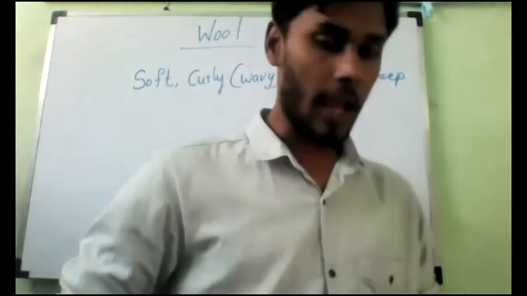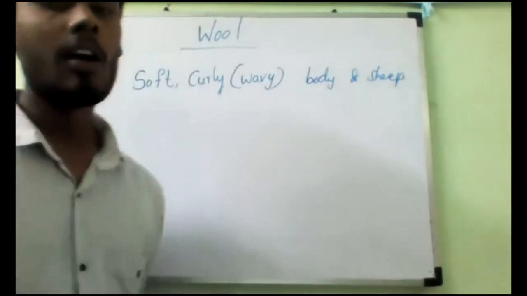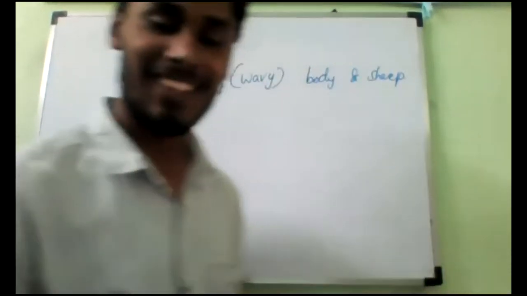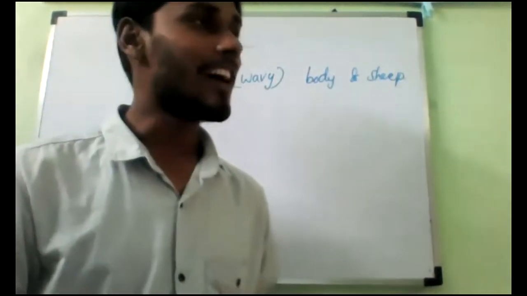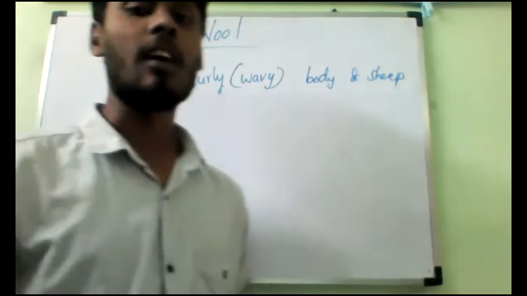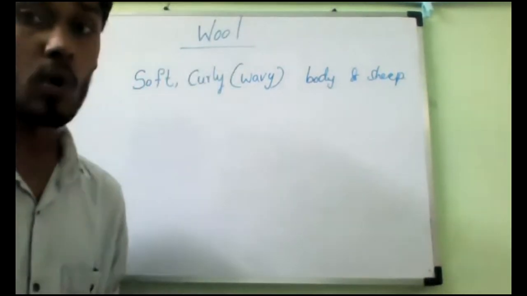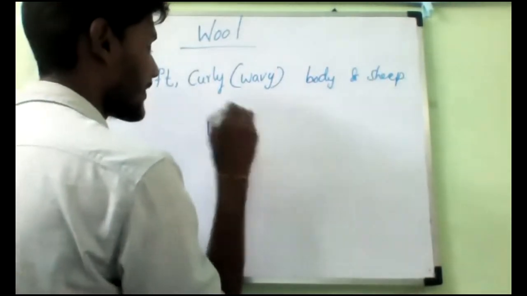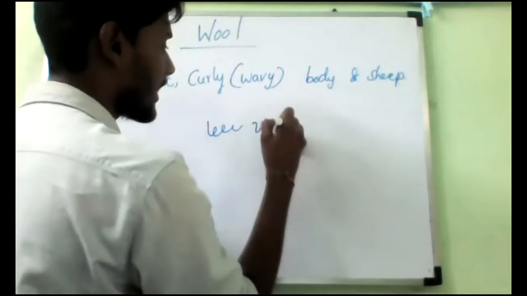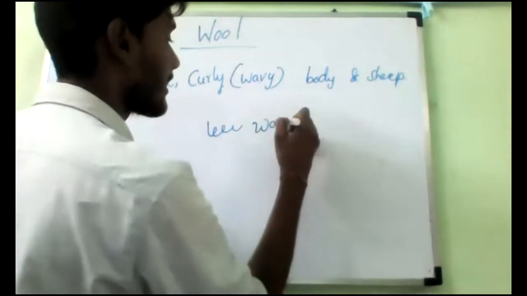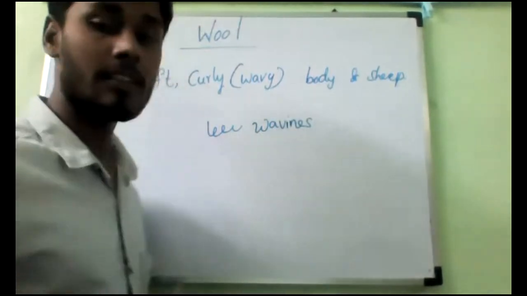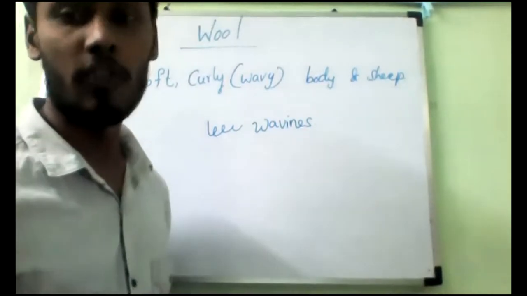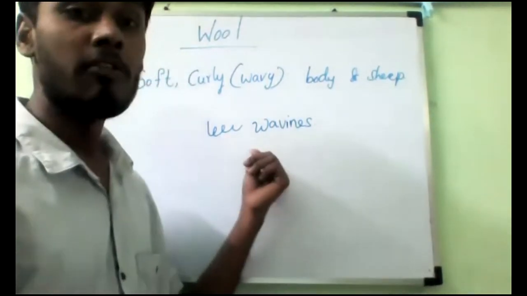So now if you observe, this wool is the modified form of hair. Yes, sir. So this wool is similar to hair, like our hair. This wool is the modified form of hair that grows with a waviness. Waviness in the sense of curves. It's not different. Wool is not a separate thing. It is like a normal hair, but just modified. So because of this waviness of wool,